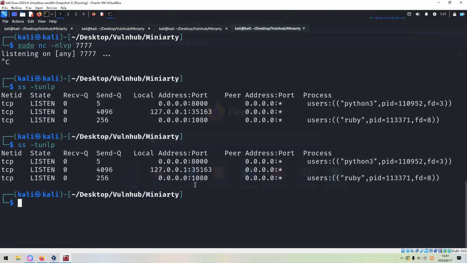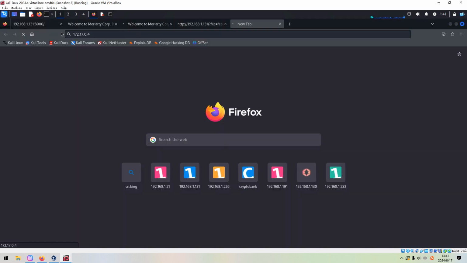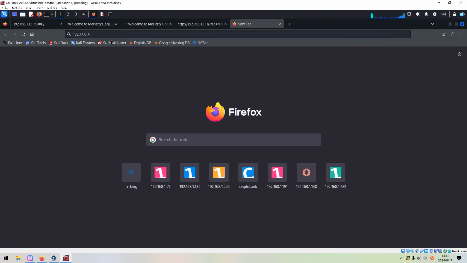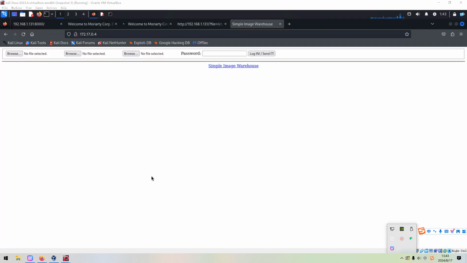Why is this port number still open? A bit weird, right? It's not working. A bit weird. I need to fix it. After I restart the Metasploit, we can access this application again.